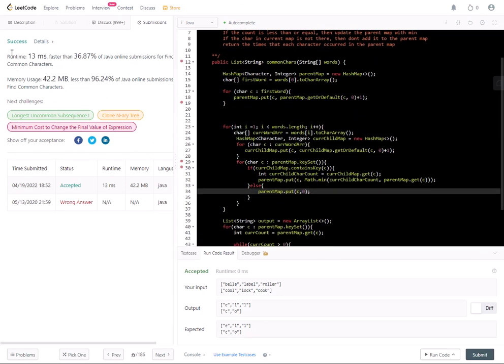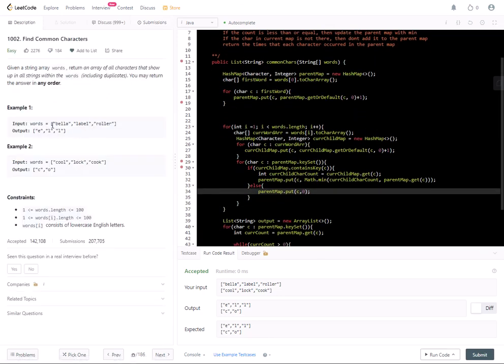Let's just go over the runtime. So the runtime of this is actually O of n times the length for each one plus O of m. And the space, because we're using a hash map twice,